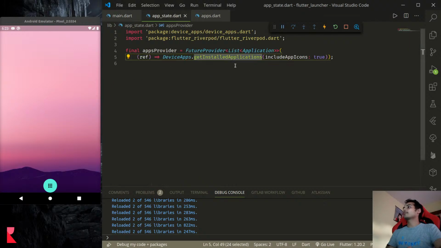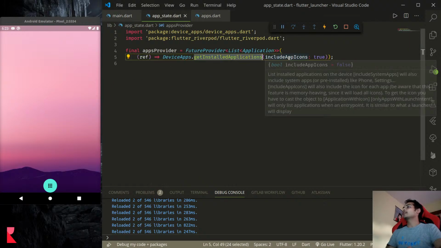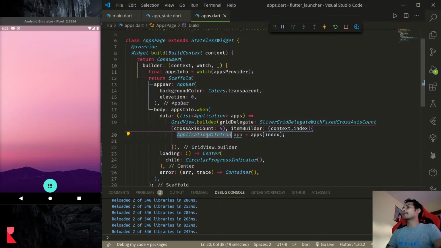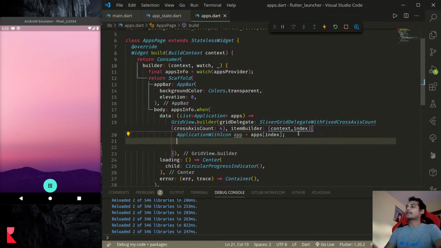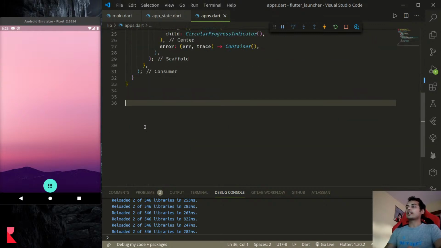Yes, so we are loading with app icons. So here we get application with icons instead of application. And now finally we can display our application. So to display the application, I'll create a simple grid item. Here I'll create another widget,